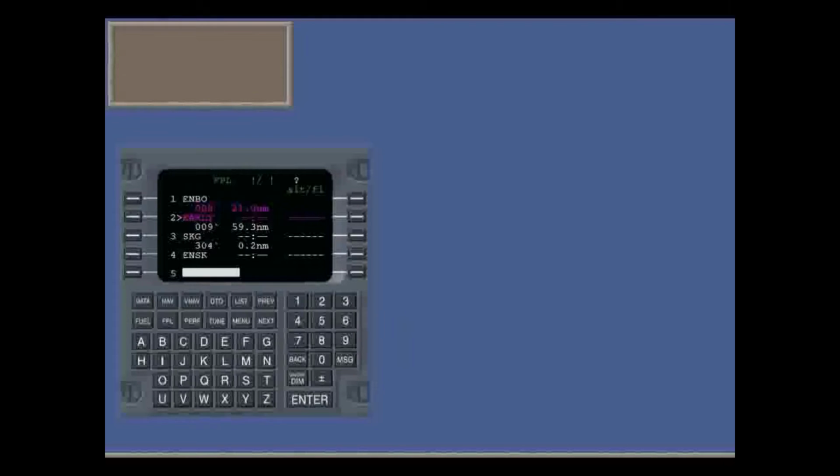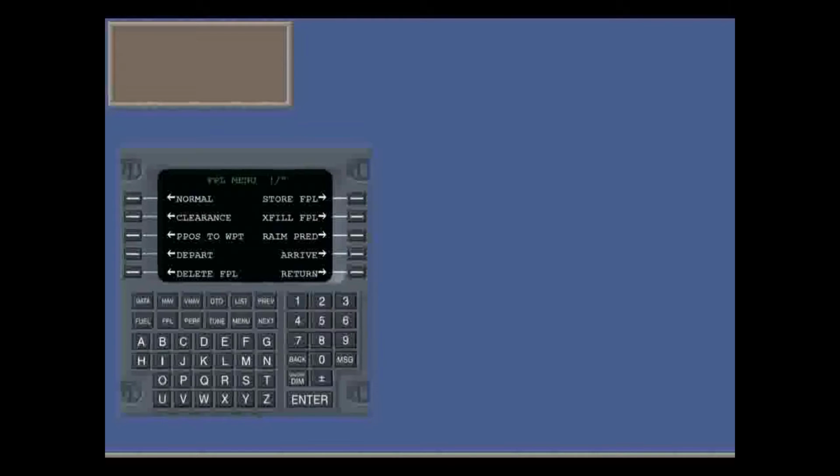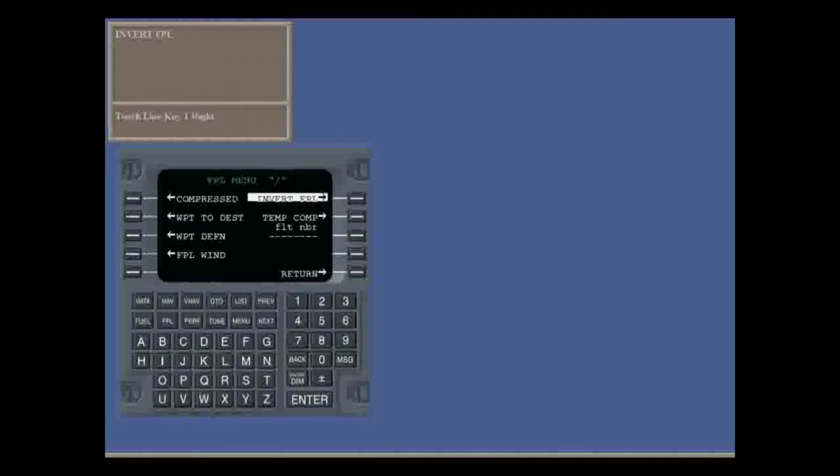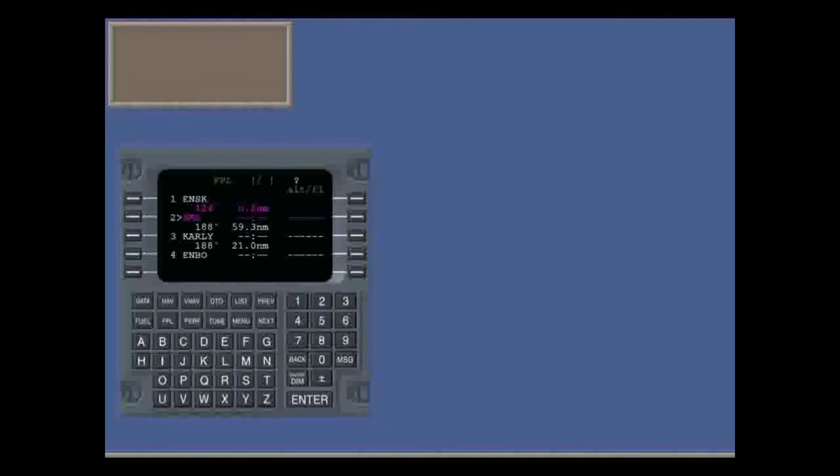It's often useful to fly a return leg on almost the same flight plan as the outgoing. To do this, from the flight plan page, select the menu page. Touch the menu key. But the option we want is on the second of the menu pages, so go to the next page. Highlight Invert Flight Plan, and a second time to Action. You can use this as a basis for your return flight plan. Then make additions and add SIDs, etc.